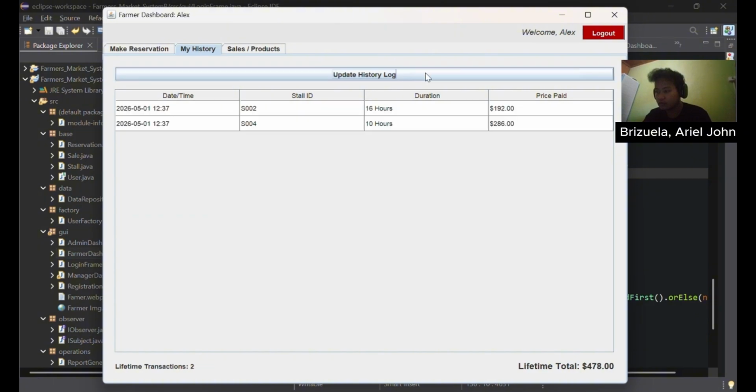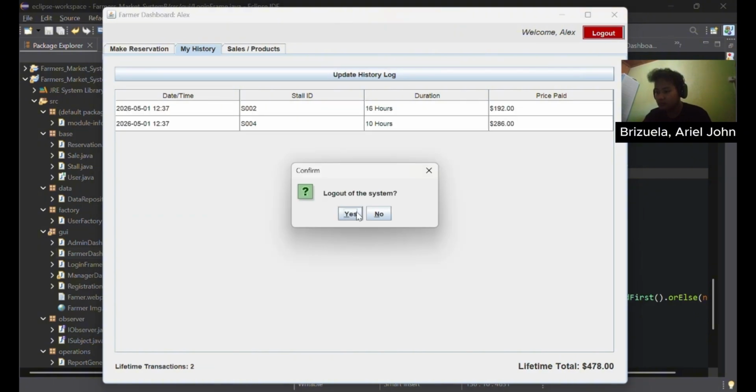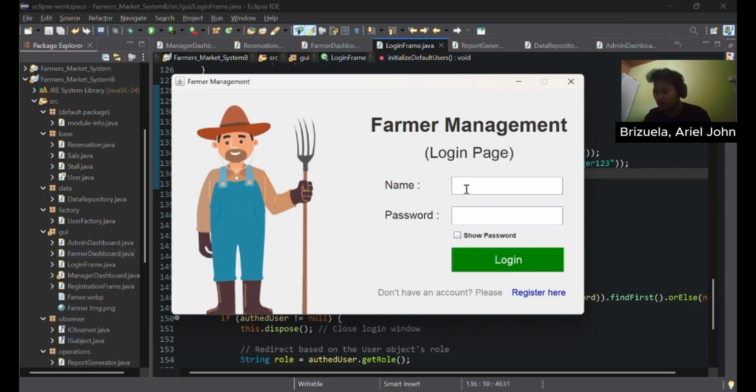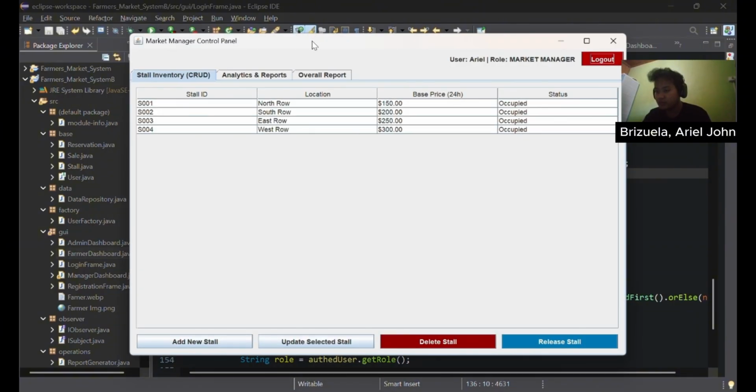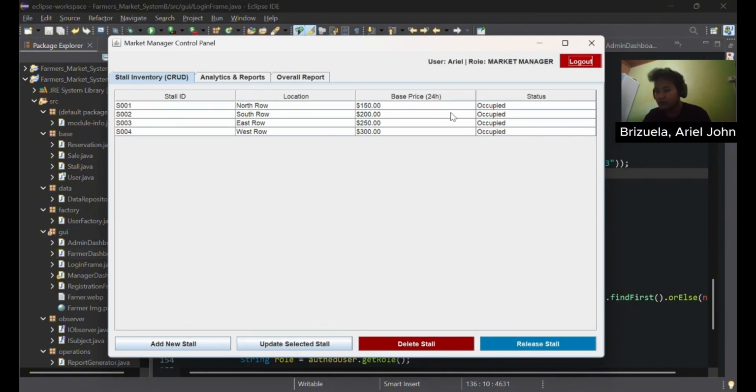It updates the log. When logging out, since I'm the manager, I will be directed to the manager dashboard, and here I can see the stalls and the status, and all of them are occupied, with the base price and the location.